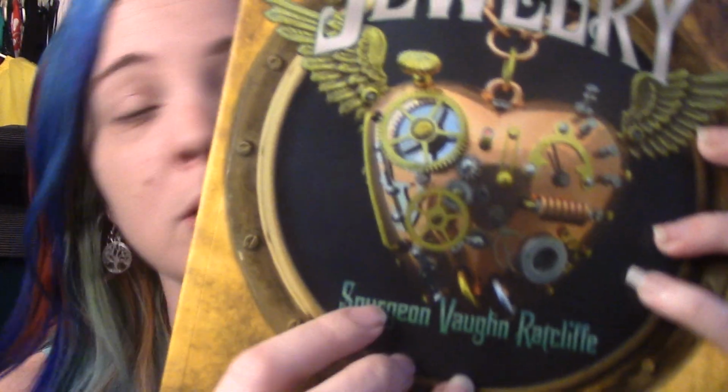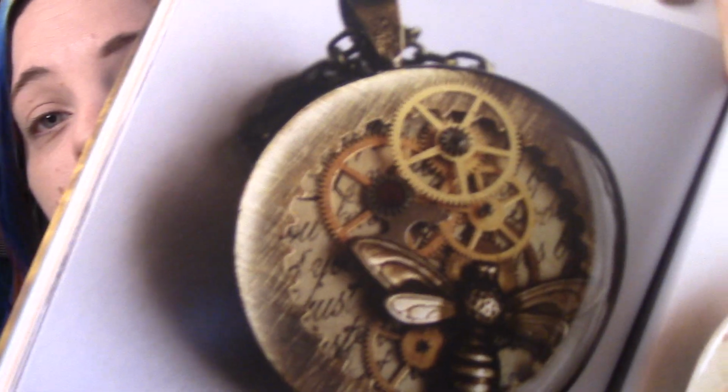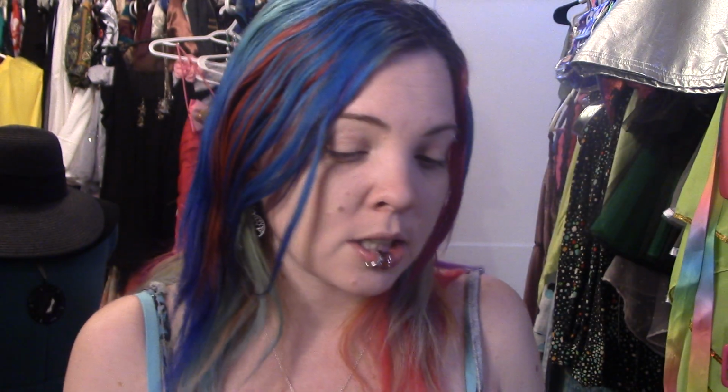This is the fashion one, and then of course we have Steampunk Jewelry, like I said, by the same person. And again, it goes through the artists, where they came from, how they started, what influences them, where their ideas come from, and where you can buy stuff, or if they do commissions. And I don't know, these are just so much fun and so inspiring, even if you're not into steampunk, but you just want to look at some alternative style jewelry or accessories or fashion. These are just great